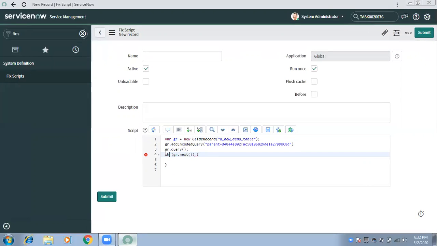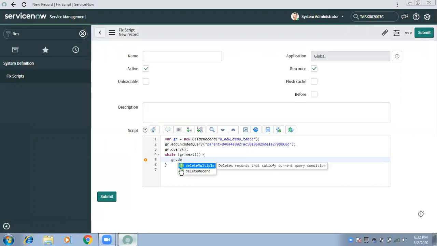Then I can use gr.delete. If I run this code, those two records will get deleted. This is one way to delete.